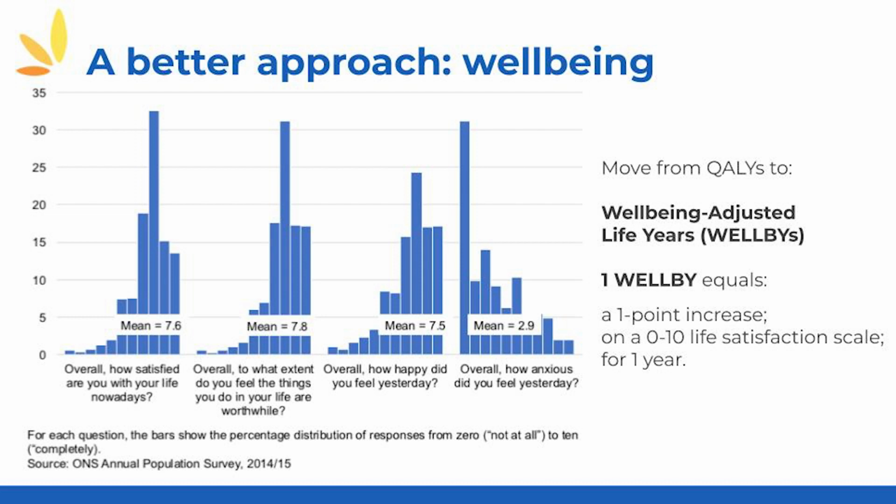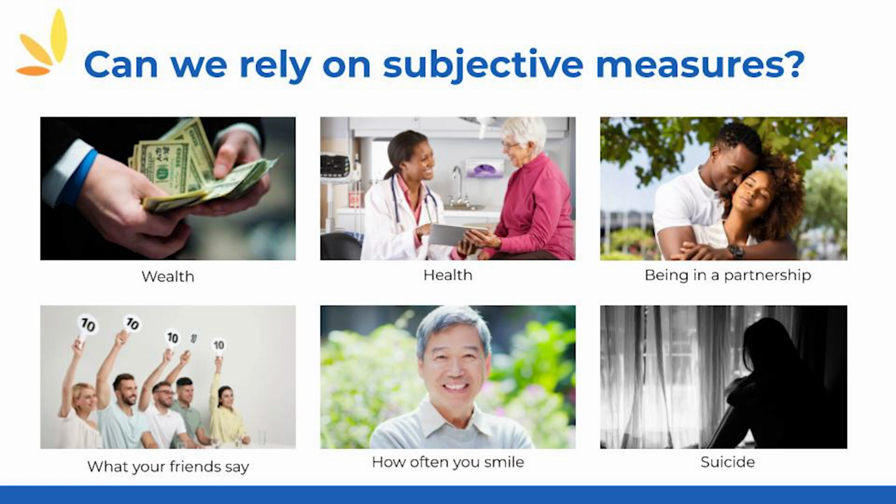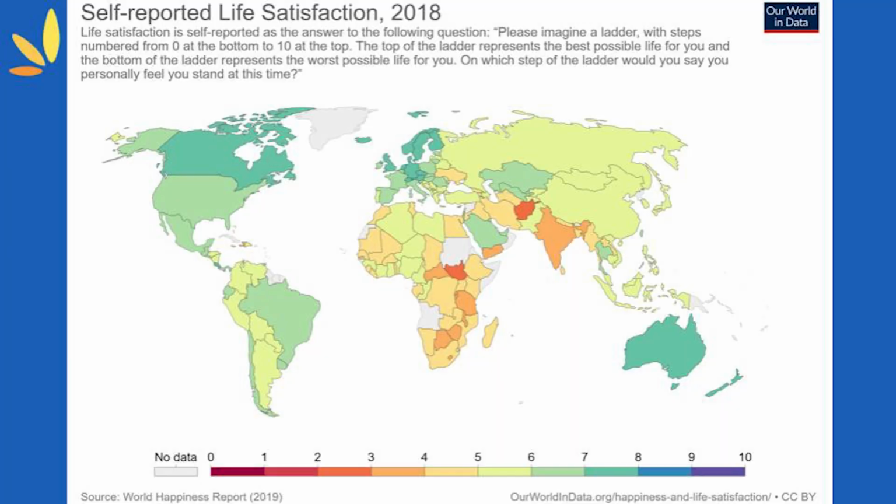So that's good. The point is that all these different things happen in your life, and then you say how you feel, and then we can work out what actually affects your life as you live it. The problem with relying on donor preferences or people's hypothetical preferences is that these are people's guesses about what they think might matter rather than people's actual experience as they live their lives. I'm going to skip over this. It turns out that if you want to know how happy people are, asking them how happy they are is a good way of finding out. These are well-validated measures. It turns out that it's pretty sensible, and you get the correlations in the directions you expect with health, income, what your friends say, and so on.